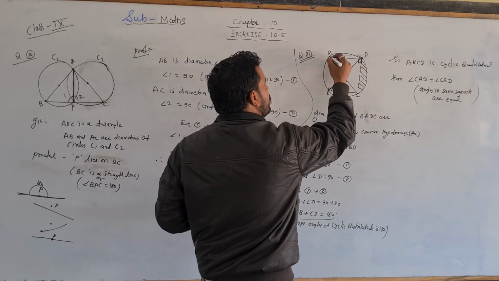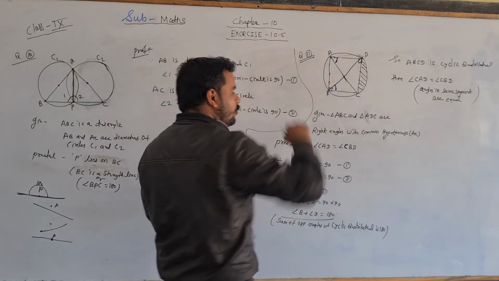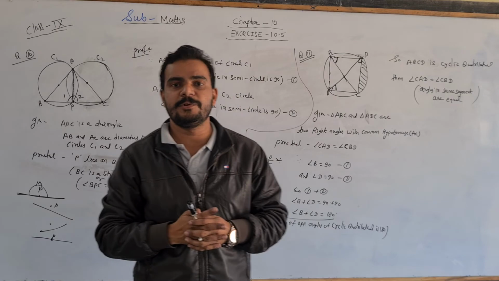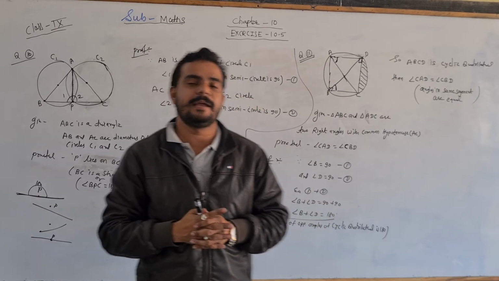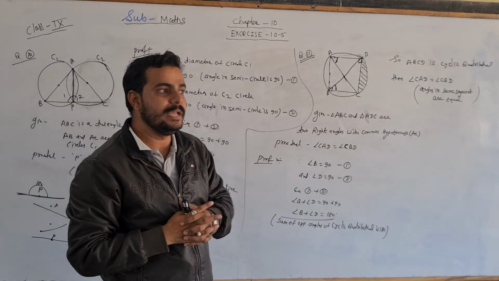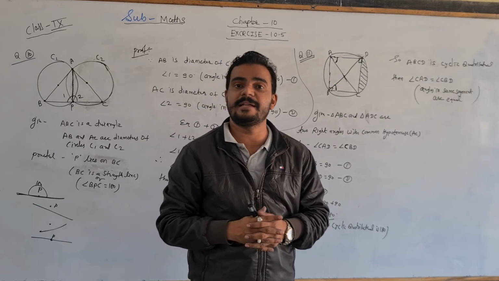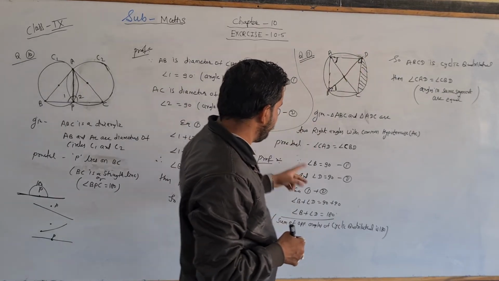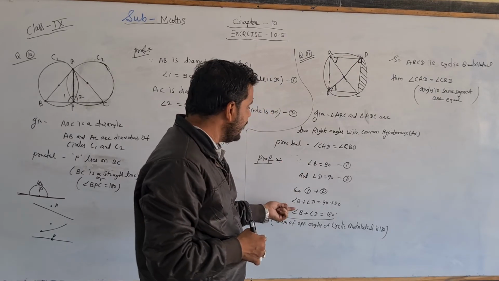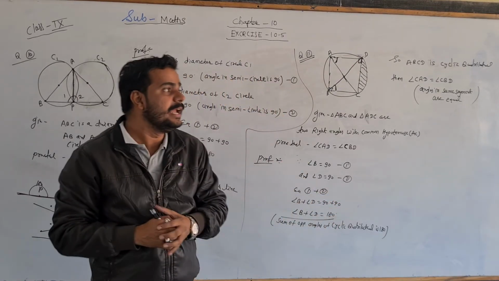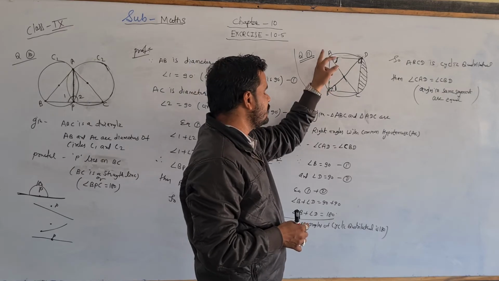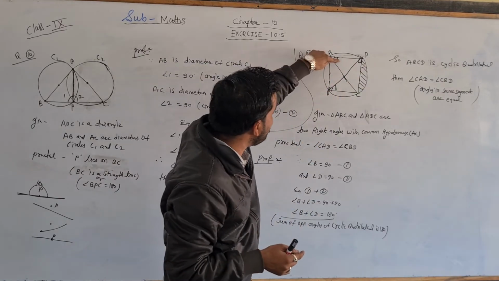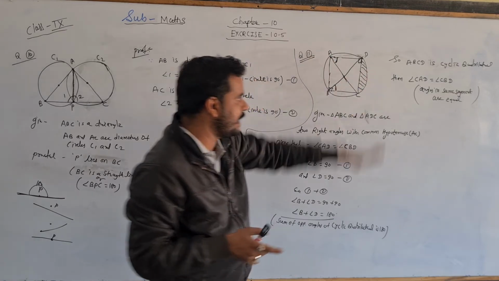To make these angles equal, first we had to prove that ABCD is cyclic. If ABCD is cyclic, then we can easily prove angle CAD equals angle CBD by angles in the same segment are equal. For the cyclic proof, angle B is given as 90 and angle D is given as 90. When we add both of these, angle B plus angle D is equal to 180. It means we can say that quadrilateral ABCD is cyclic. If it is cyclic, then it is clear that angles in the same segment are equal.